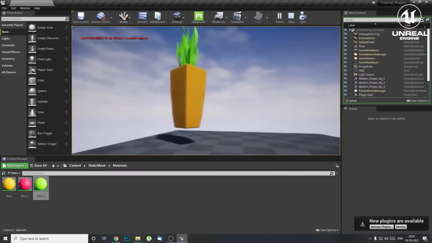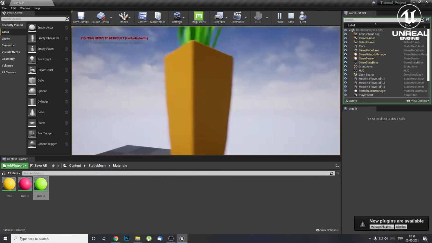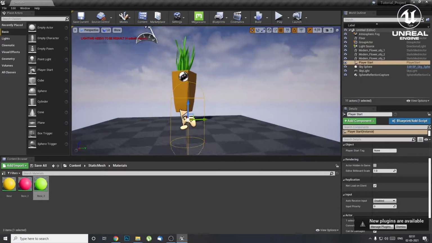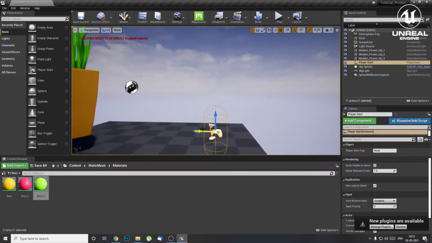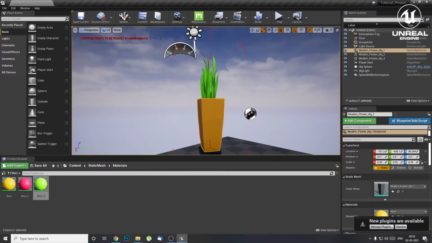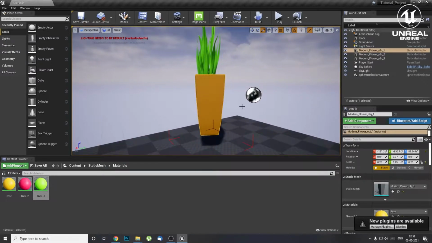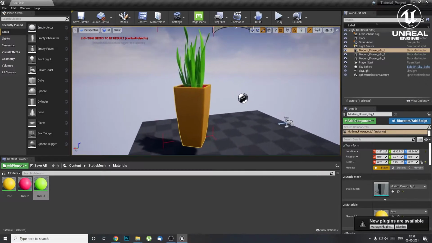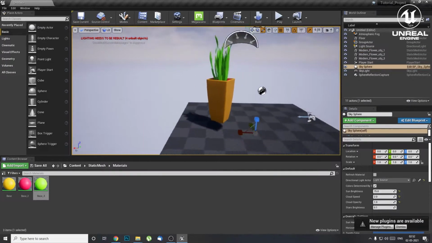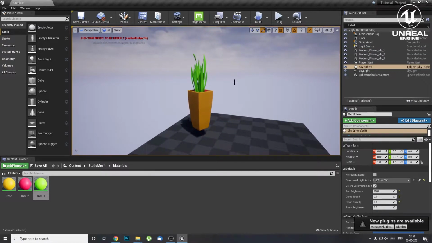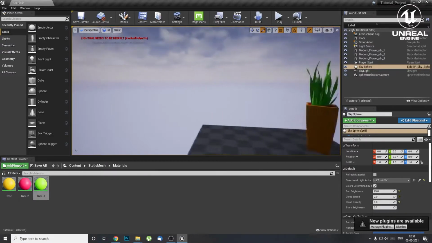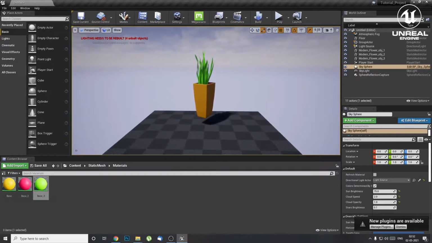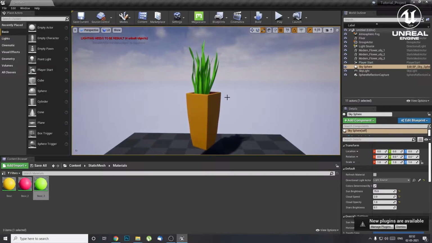We can just use WASD to move around like this. Just press Escape to escape. So this is the position where the player will spawn, this player start. For now you are seeing all these things coming in your way, right? To remove all these things from your way, you just need to press G. G is the game view, which will show you everything that won't be visible when you play the game, basically whenever you press play.